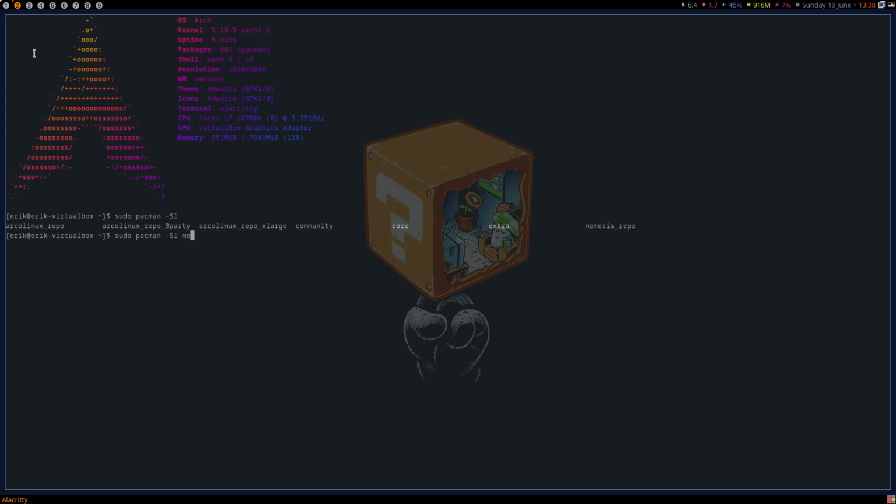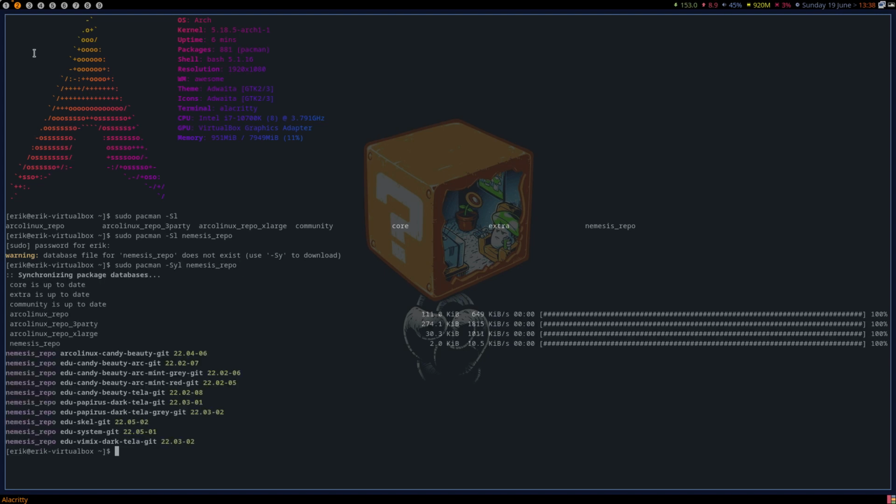Give me the list of what's inside the Nemesis repo. Does not exist. Okay, sure. Let's do sil then. So I can install ArcoLinux Candy Beauty Git. They're all icons, by the way. Edu Candy Beauty, Edu Papyrus, Stella Gray. Let's install that one. So sudo pacman